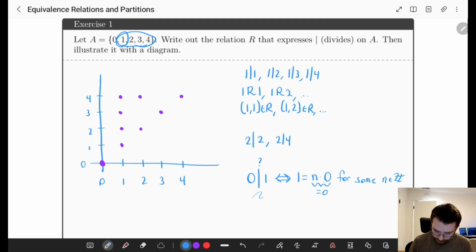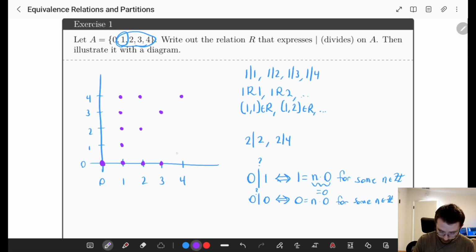Why does 0 divide itself? Again, I can put a question mark. Well, that would be equivalent to saying 0 is a multiple of 0. And that's true, right? You could actually pick any integer n, and that would be a true equation. So 0 divides itself. And for similar logic, it's going to be true that every other integer